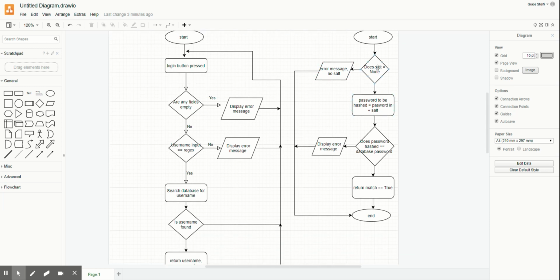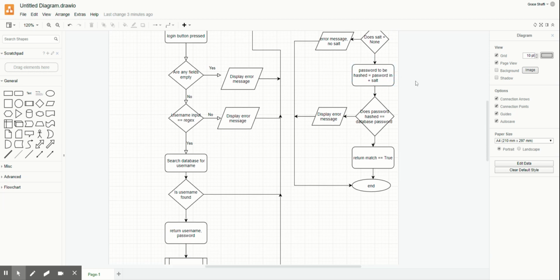And then if, however, the salt, so that's if it does equal none, yes is going this way. If it doesn't, and I will put my yeses and nos on before I send this to you guys, then it's going to come down here. So does salt equal none? No, it doesn't equal nothing, which means there is a salt available. So password to be hashed is equal to the password given by the user, password in, and the salt that we now have. Once that algorithm's been run,